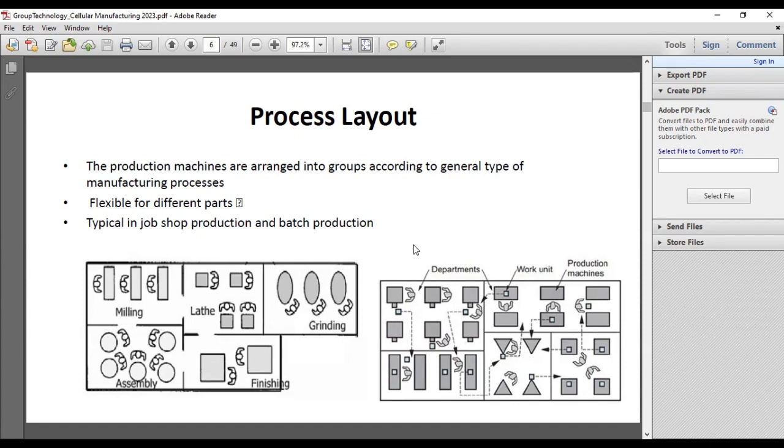So sometimes this takes time, because this takes travel time, or the part has to go from here to here and here to here. So maybe this is time consuming, but we call this process layout,